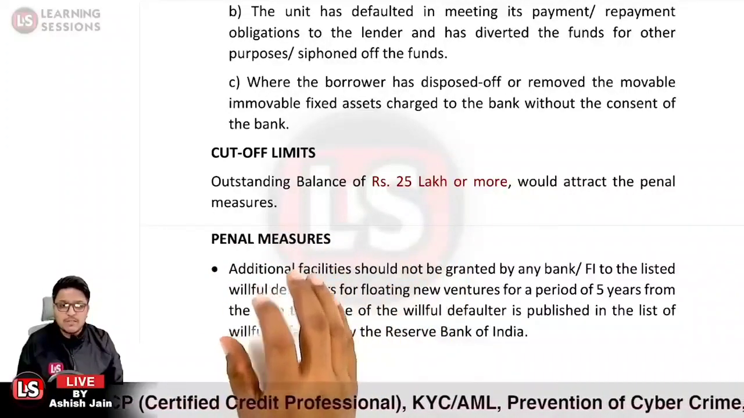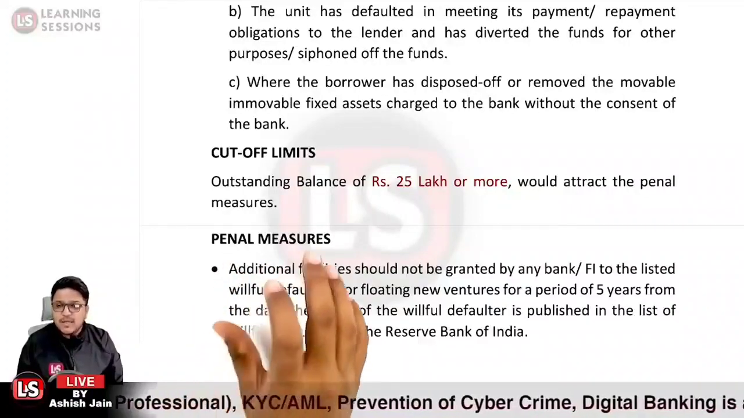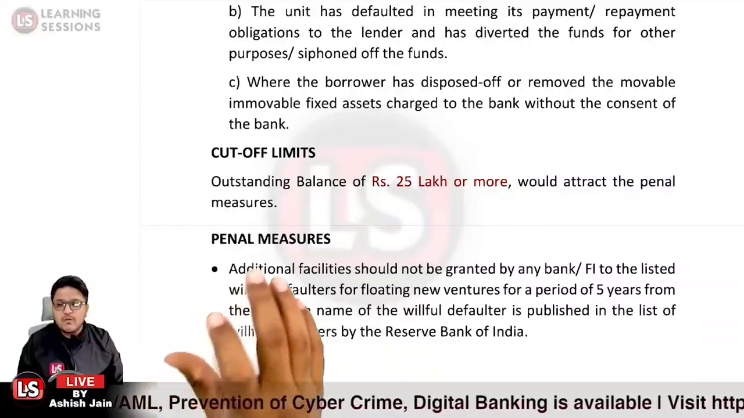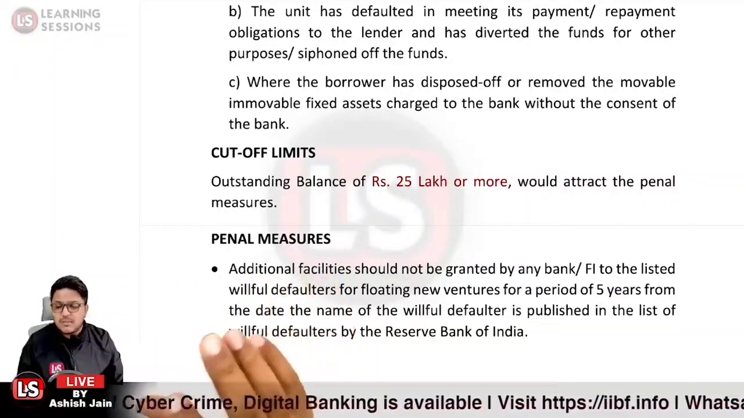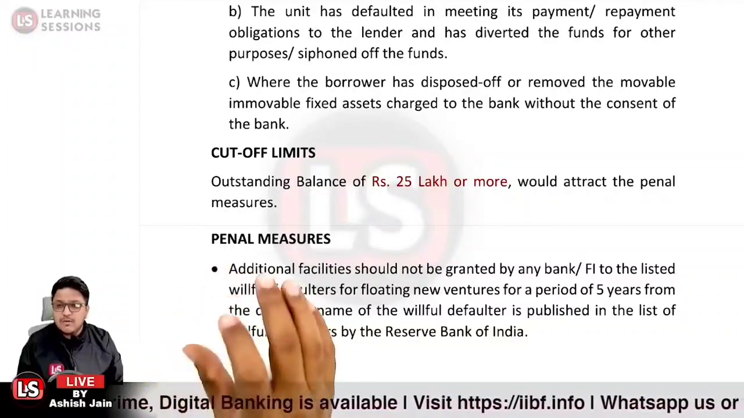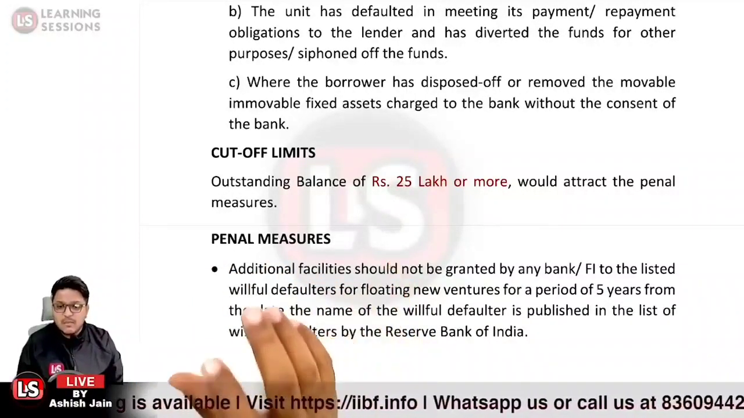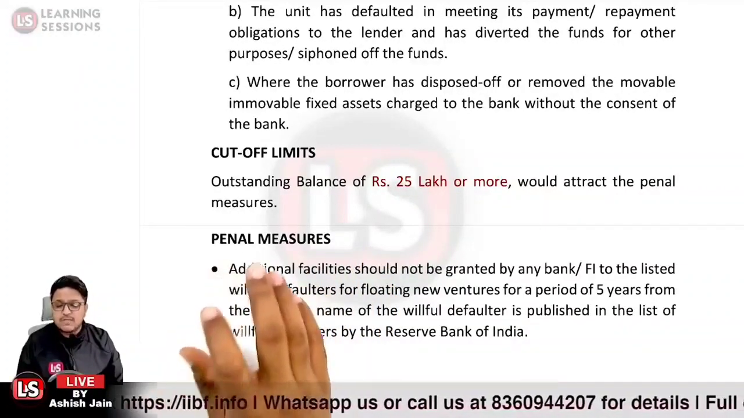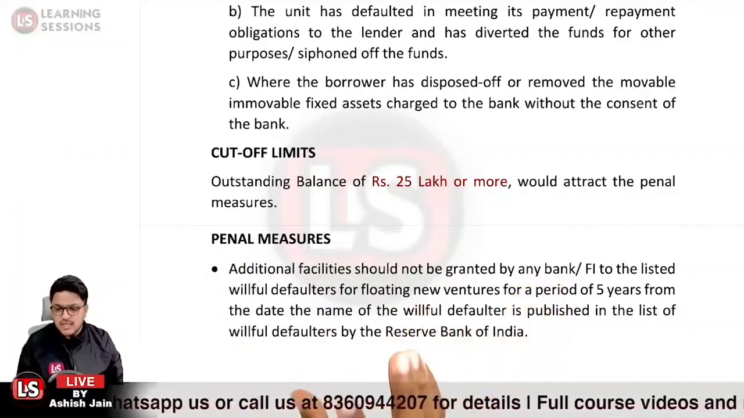And what are the penal measures? First of all, no additional facility will be sanctioned by any bank and financial institution for the next 5 years from the date the name of the willful defaulter appears in the list published by the Reserve Bank of India for willful defaulters. Under the RBI defaulter list, if the name is mentioned over there, in that case no additional facility will be sanctioned by any bank and financial institution. That is the first